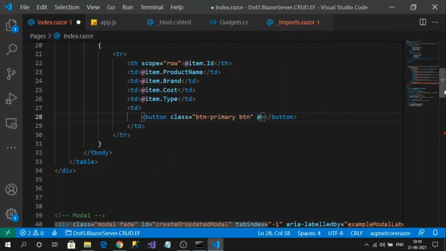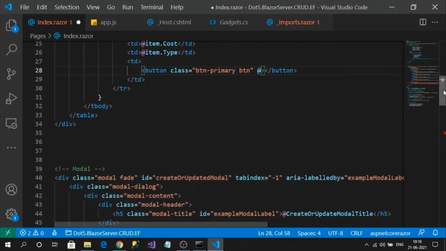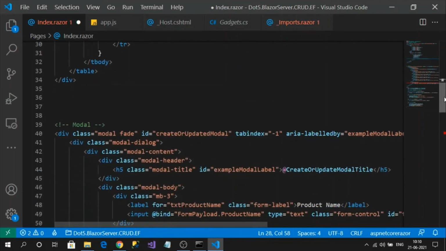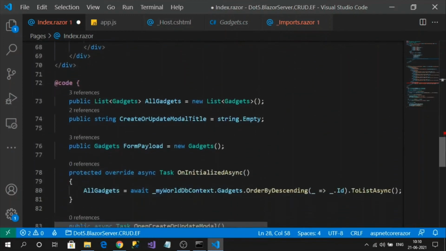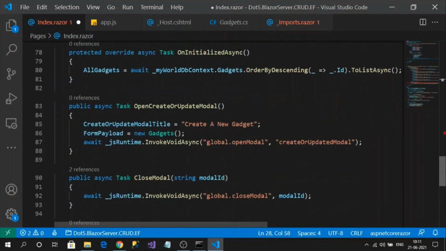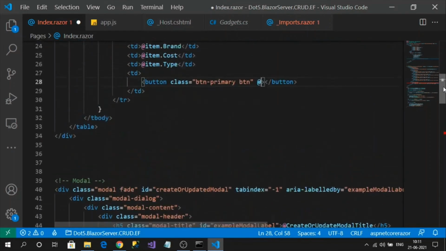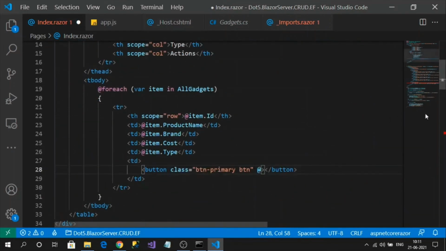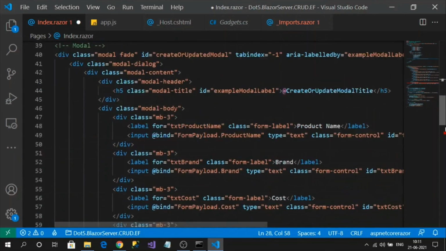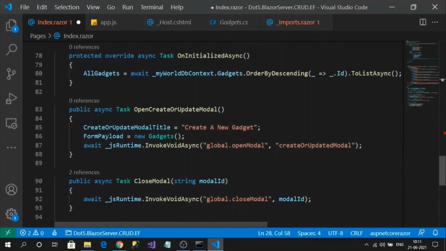For this click event, I want to open the pop-up, right? Whenever the edit button is clicked, similar to the add button, it should open the same pop-up. So for that I will pass some ID value, the gadget ID value, to this modal.